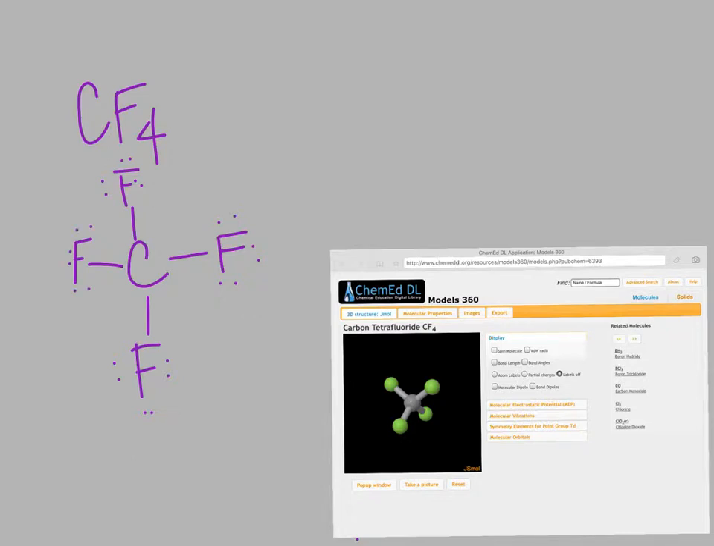Okay, and it's going to be 4 bonds, no lone pairs, or 4 is the steric number, no lone pairs, and so that's tetrahedral. And when we look at this model,